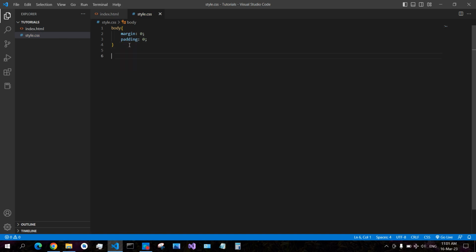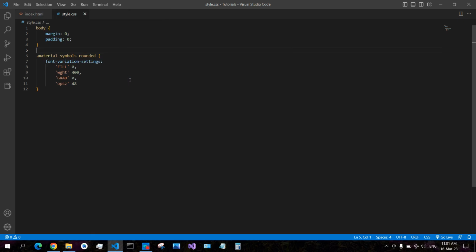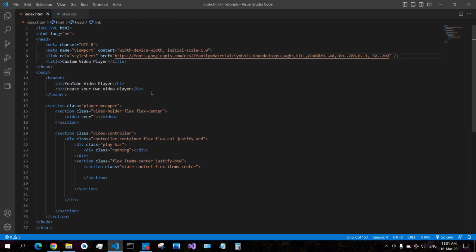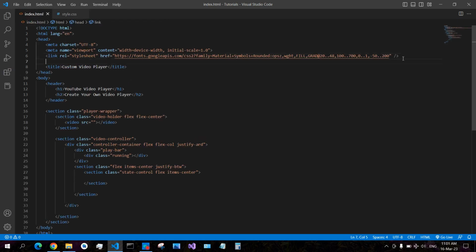For now, paste it here, and then you got also this style element. Remove it, save it, and then we also import your style file here, link style.css,